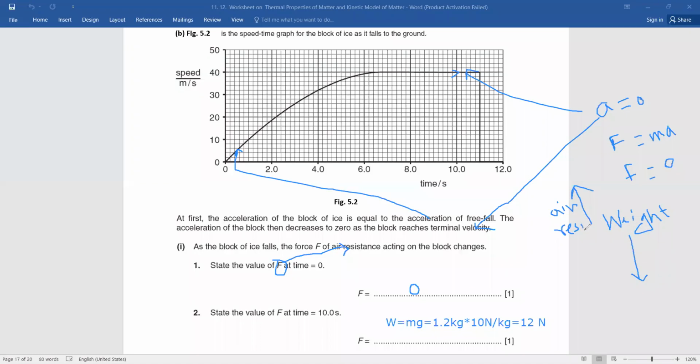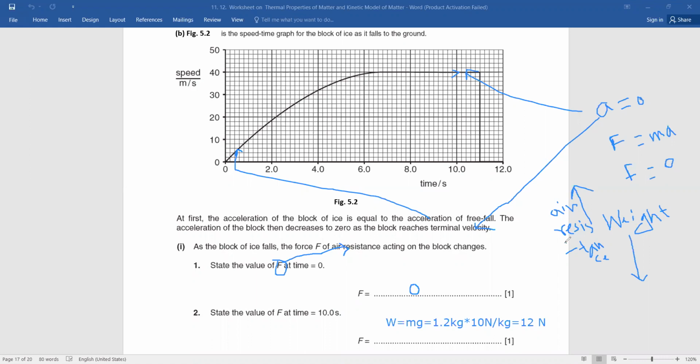What was the value of weight? Can you remember? 12. Sir, 12 newtons. 12 newtons. Only you know. What about others? They don't know. Air resistance and weight are equal and opposite. That's why our resultant force is 0. So we can write